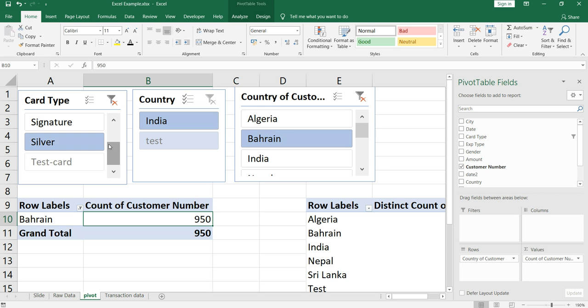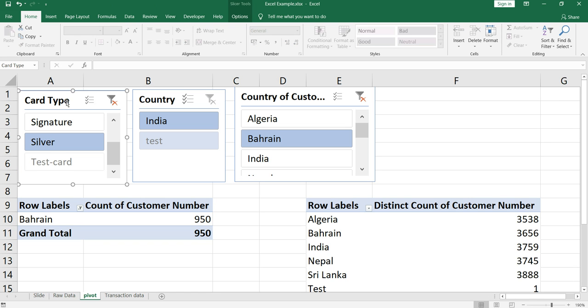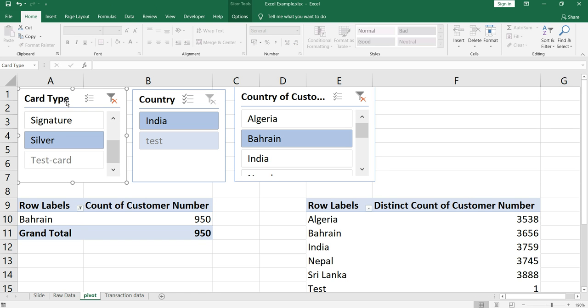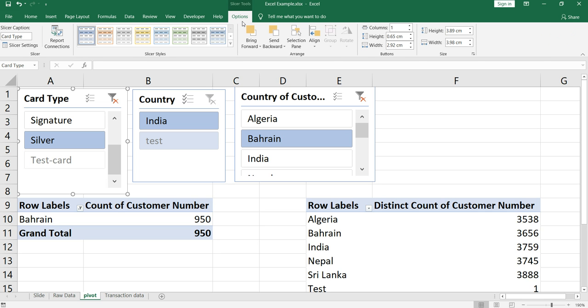Now if you want to change the size of these slicers, based on your requirement you can increase or decrease the size of the slicer. And if you want to change the design of the slicer, you have to click on the slicer first and go to options. You will see multiple slicer styles here.